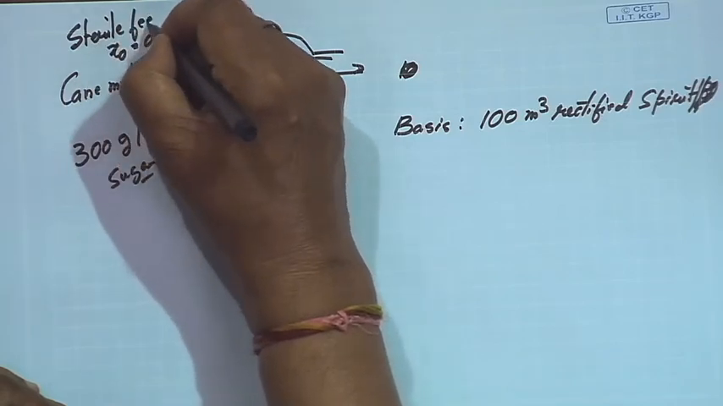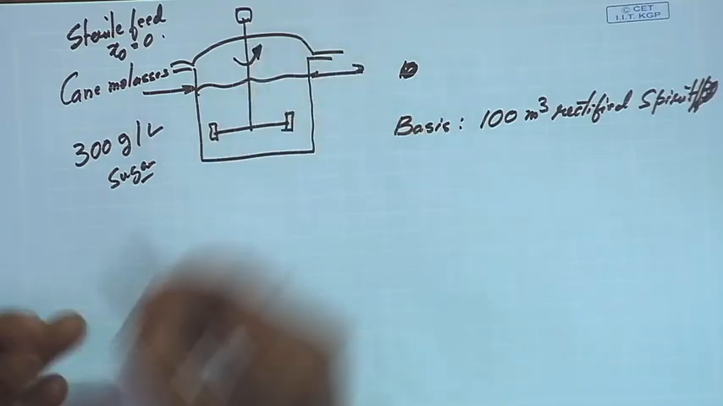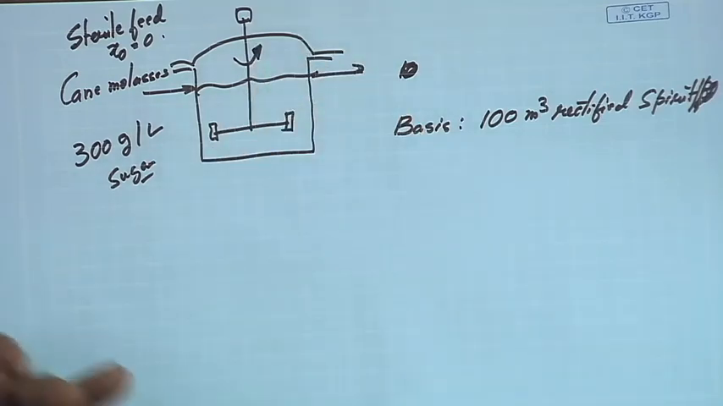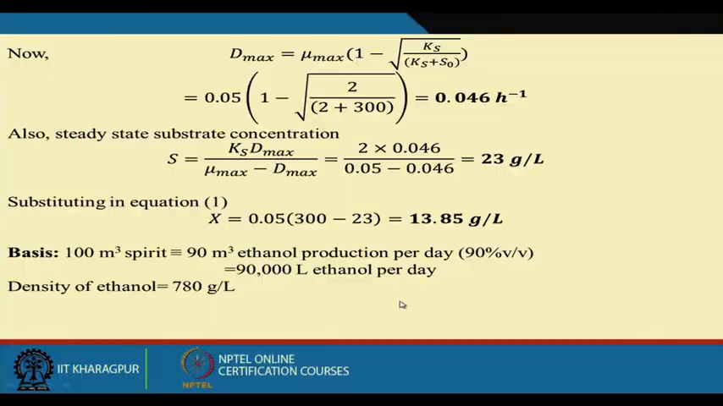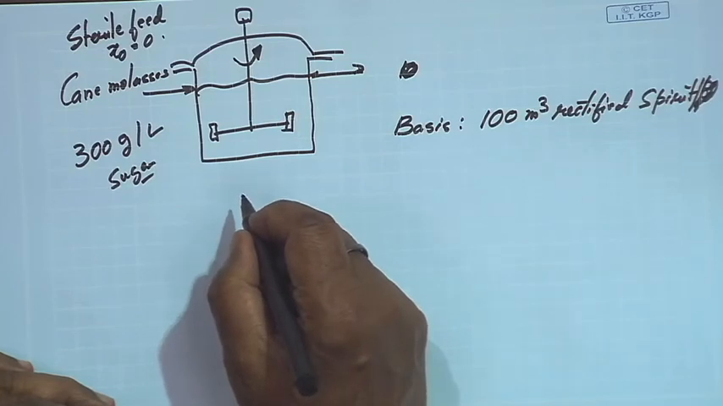Sterile feed we can assume. Then what will happen is that this is rotating like this. Then we can find out under steady state conditions, where first we can find out at what dilution rate we can get the maximum cell mass